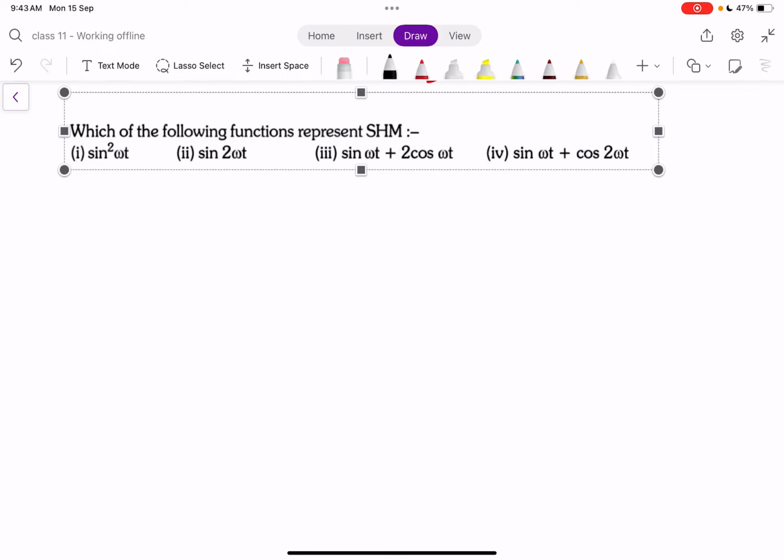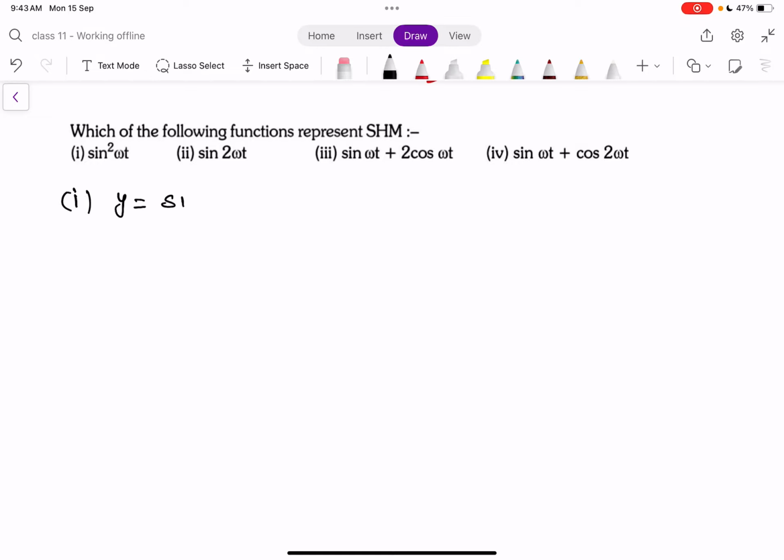Which of the following functions represent SHM? So here first is sine square omega t. Let's say y is equal to sine square omega t, and we have to find whether this equation is SHM or not. First, differentiate y with respect to t, that is dy by dt, which is equal to sine square omega t,